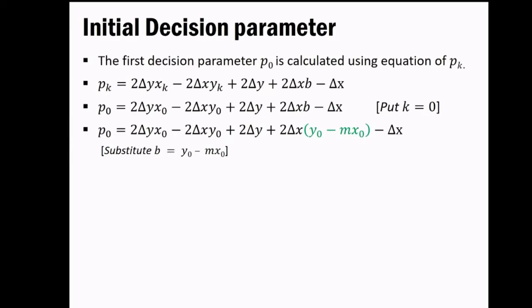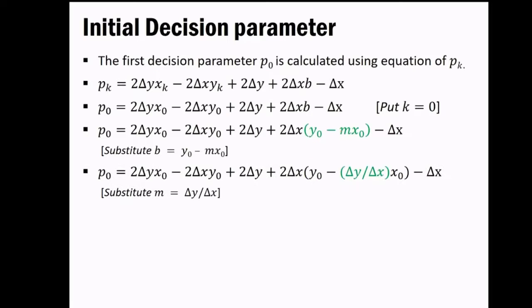Yeah, simple thing. We have taken the equation of the line, and that's the thing we have substituted over here. A similar thing needs to be substituted with this. The B value, which we have just taken: B equals y0 minus mx0, because we are dealing with the very first parameter, that is the initial decision parameter. In our case, we have k value as 0.